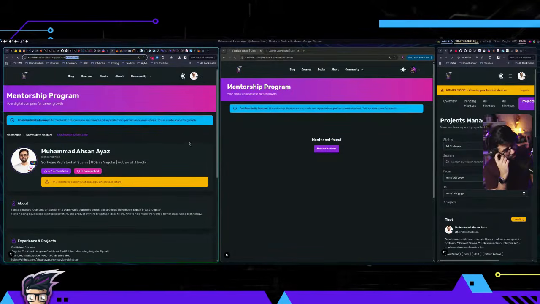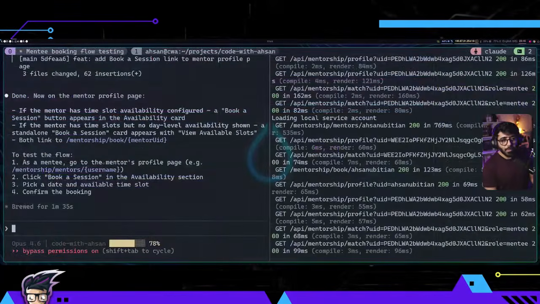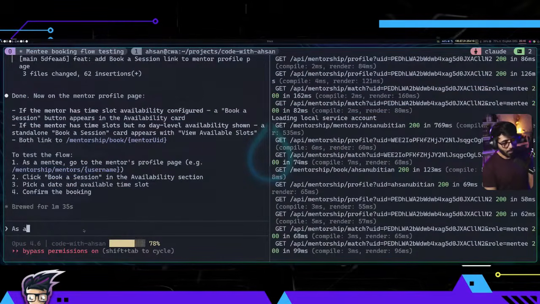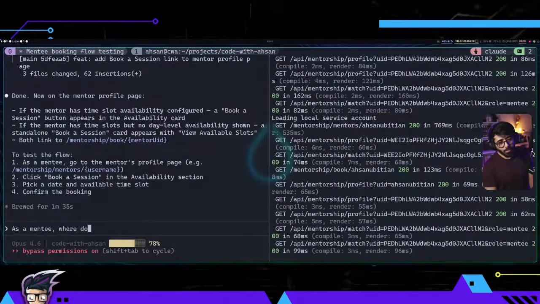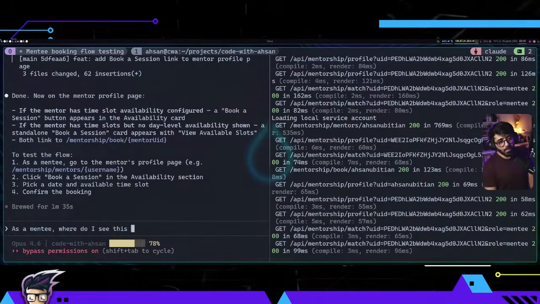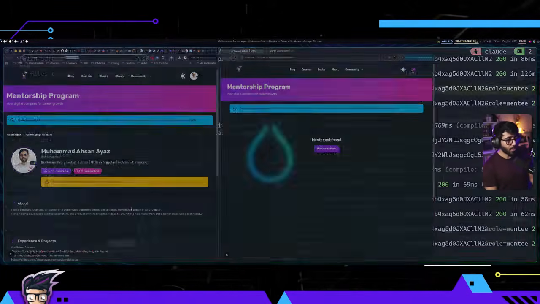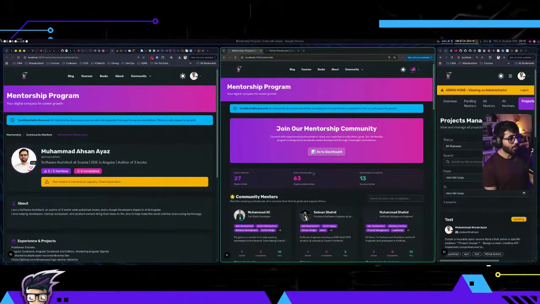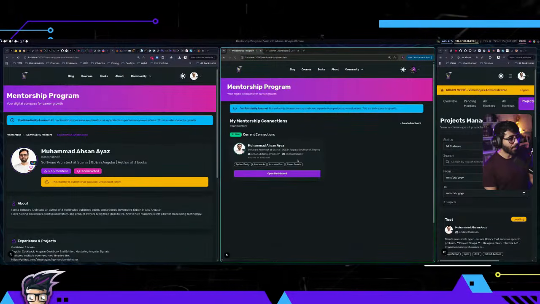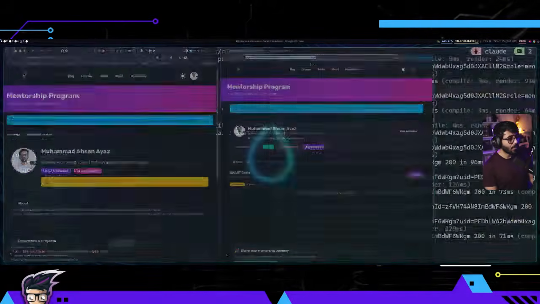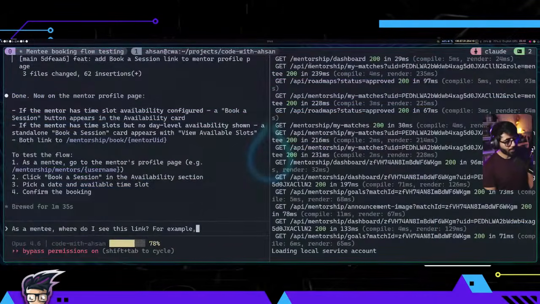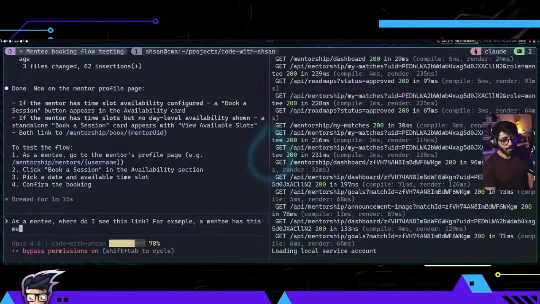Okay. I also had to merge the username with the Discord username, but anyways, so if the mentor has a time slot, that's good. As a mentee, go to the mentor's profile, e.g. No, as a mentee, where do I see this link? So let me also share context with it. For example, we go to matches and then this. For example, a mentee has this mentor,